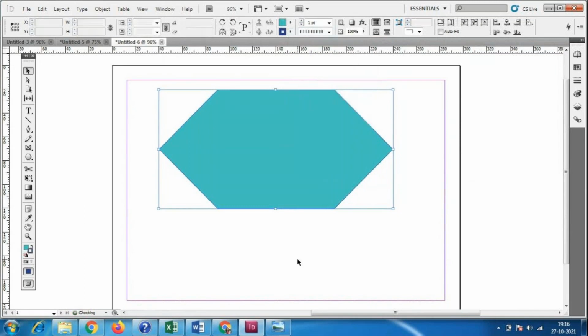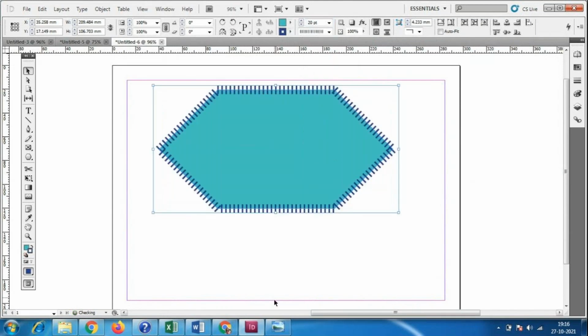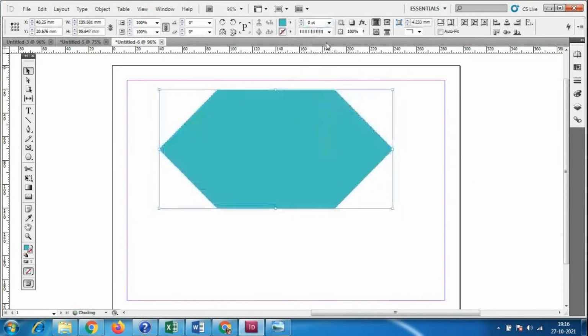We can see the border when we give a thickness to the outlines. If you don't want the border, we can give it zero. Okay, zero means none, which is already set here. And we can also give the transparency option.